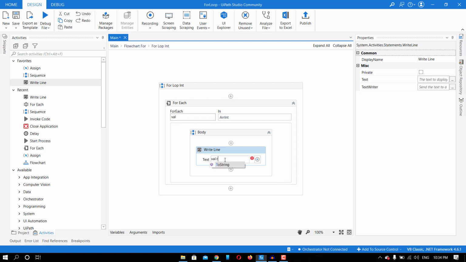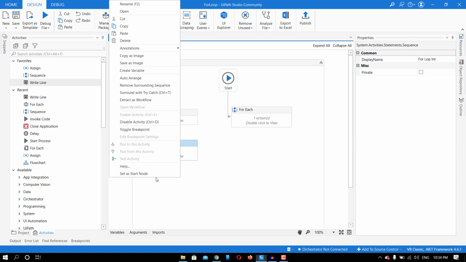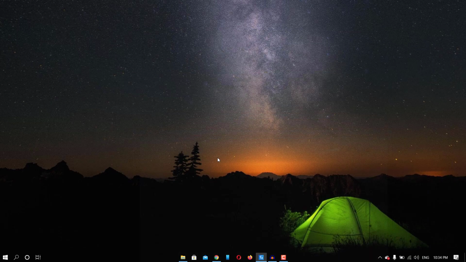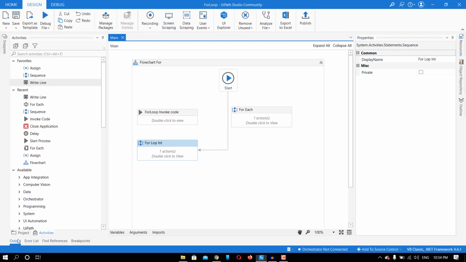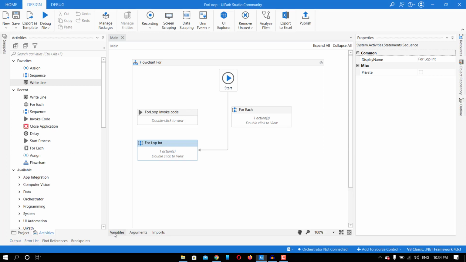And now if I run this one, it will print all the values in that array, right? 1, 2, 3, 4, 5, like that. If you will see, I have defined the array till 5.